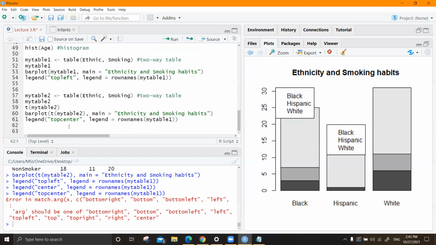Even the legend size could be changed. There should be some argument for that, so you can decrease the size of this. So that is up to you. I just wanted to teach you how to transpose a table. So this transposing.